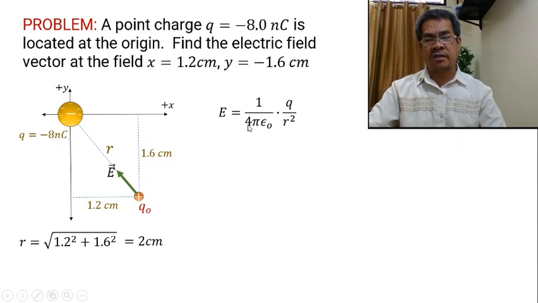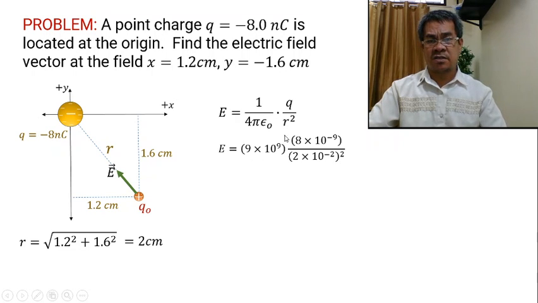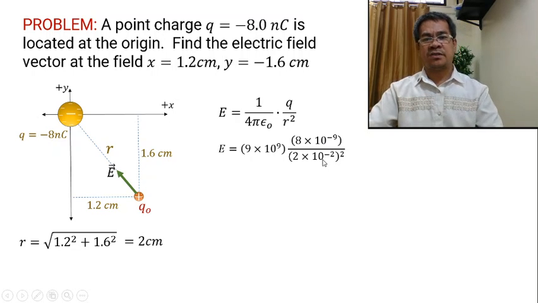With this, we can now compute the magnitude of the electric field. Remember, 1/4 pi epsilon is a constant, 9 times 10 raised to 9, and this is 8 nanocoulomb, and this is r squared, and this is 2 centimeters. So substituting the values, this is the constant, and this is our 8 nanocoulomb, but we need to multiply by 10 to the negative 9. Why? Because this is nano, and we need to convert it to coulomb. Negative 9 is nano; if this is micro, it is negative 6. We already experienced this in our previous video.